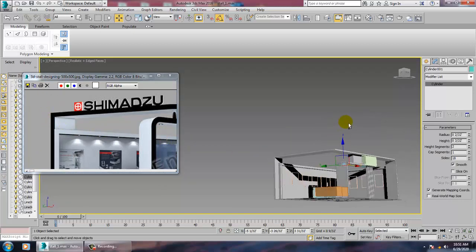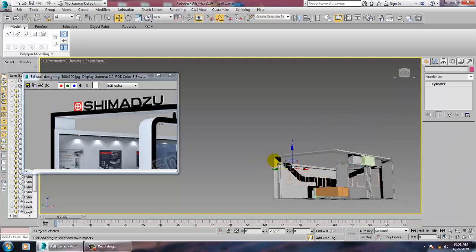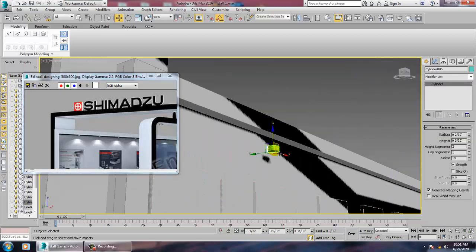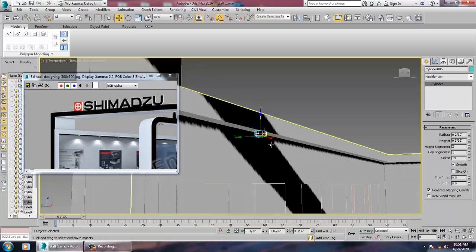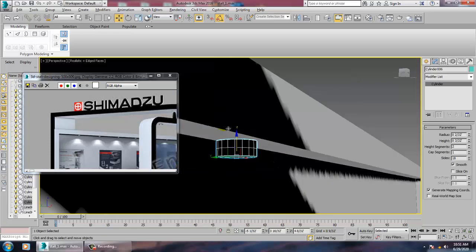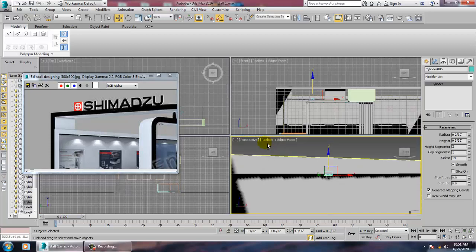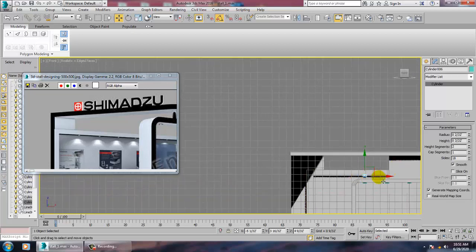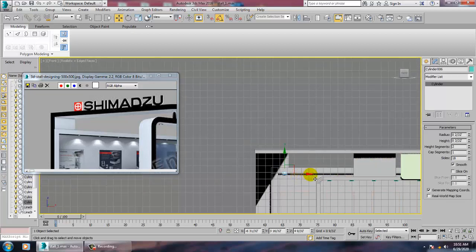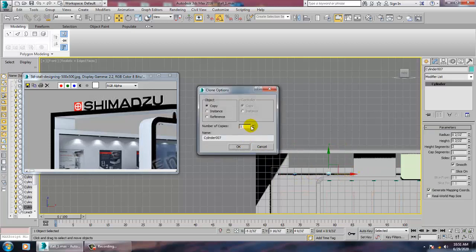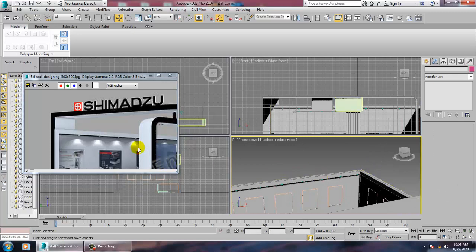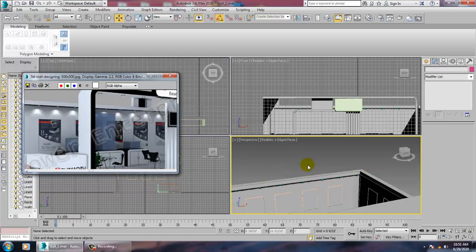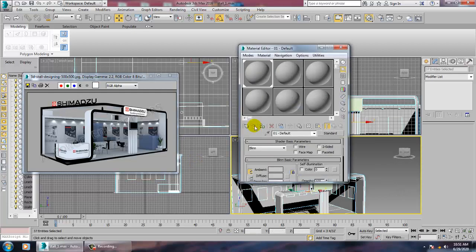definitely over here. So let's just duplicate this over here also. Can just scale a bit, push this up. So let's duplicate these lights over here. That's it. Alright. That's it. So let's just save the file over here.